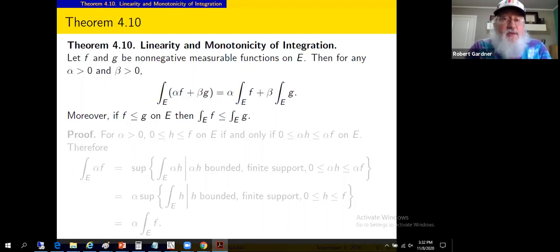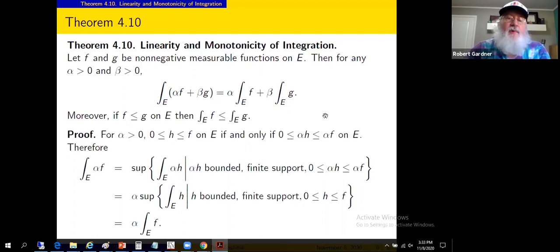Again, this section's about non-negative functions. That's the reason alpha and beta were restricted to be positive, so we get a non-negative integrand when we look at that linear combination. All right, suppose alpha is greater than 0. We'll take care of alpha less than 0 here. Excuse me, there is no alpha less than 0, sorry. For alpha greater than 0,